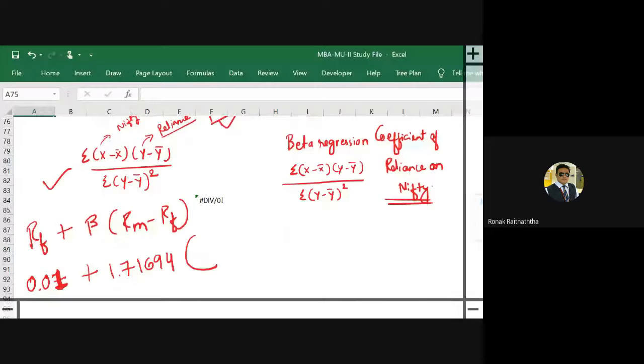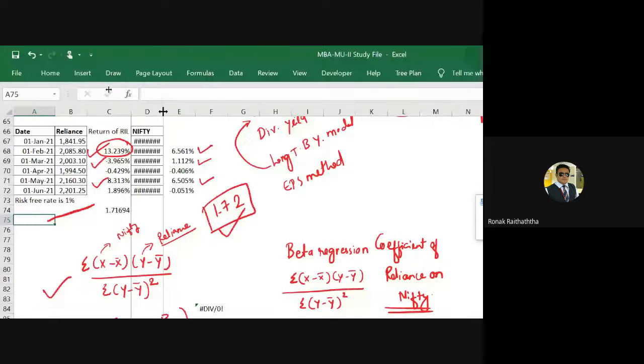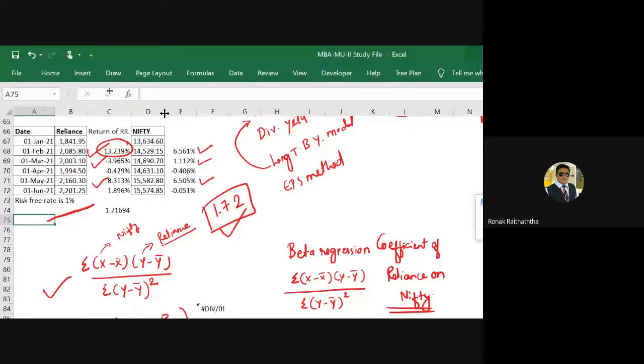In bracket, the return from market. The return from market may be taken as the average return from market till now. See, what do you expect from a market? What is given to you by a market in the historical data may be expected in the future as well. In finance, we have one rule called history repeats itself. So in the stock market prices as well, the movements we see, if you take the data to analyze, history repeats itself. Various technical indicators and statistical tools are based on this fundamental principle called history repeats itself.